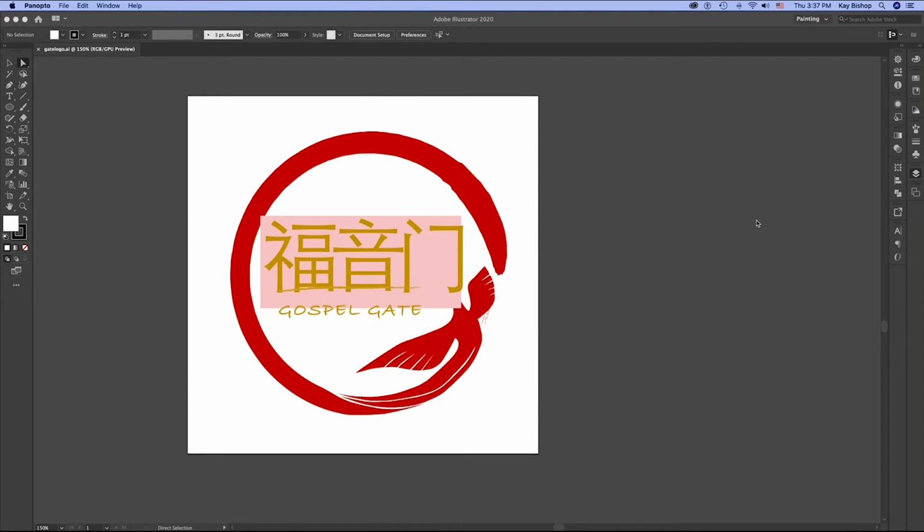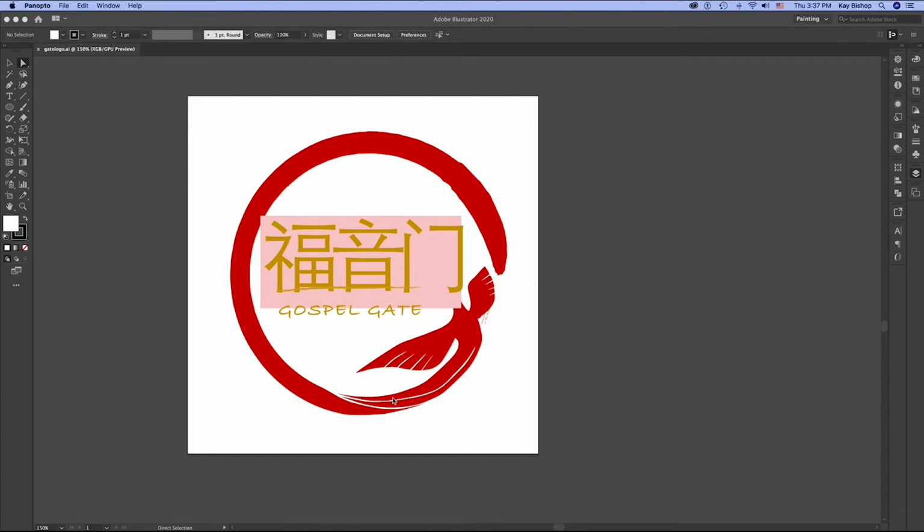I am in Illustrator 2020 and I want to show you how you can use a brush stroke to create something like this brush circle for the logo that I did for this Peace Harmony logo. But before that, I want to show you how you can use a simple technique to trace a raster image